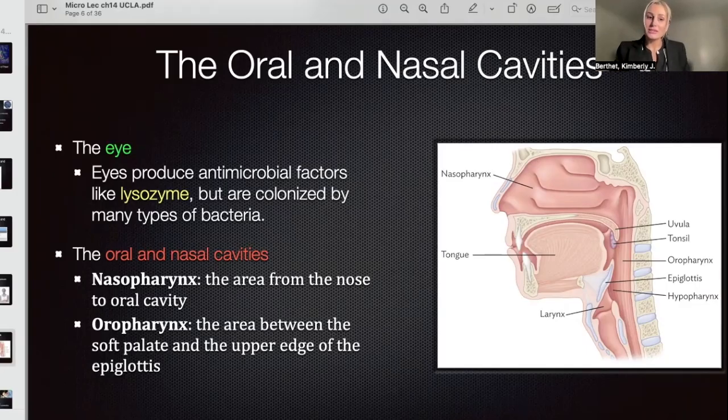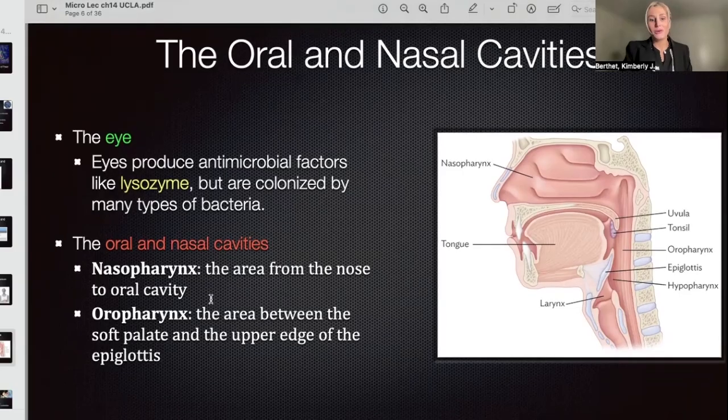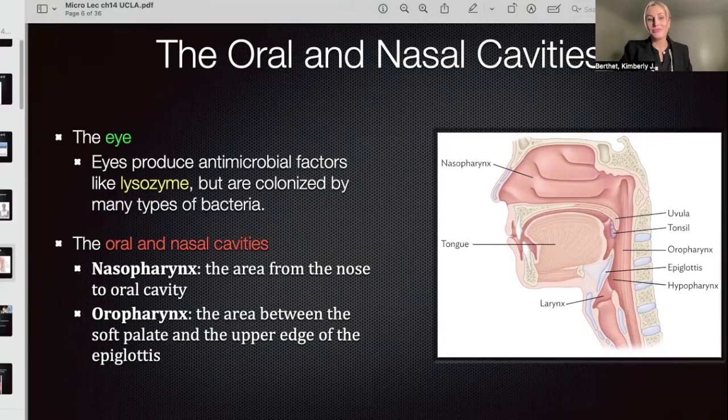And we produce lysozyme in our eyes, which can break down microorganisms that get into our eyes. So while we are exposed to the outside world, to microorganisms through our eyes, a good percent of the time, we have this defense of lysozyme to break down microorganisms. It's also something found in eggs to prevent bacterial growth. Okay. Oral and nasal cavity, again, these are open air systems. We'll be looking more at oral hygiene, oral bacteria later.